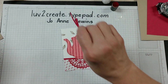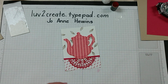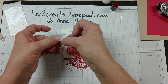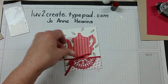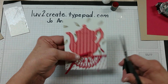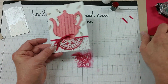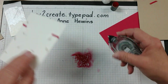And I'm going to go ahead, I think, and add the bow. I've made a bow ahead of time, and I'm going to just take that and put it on a glue dot. I can see a little bit of the glue dot hanging over, so I'm going to bend that backwards, and we'll add our bow. Trim our ends. And I think at this time I'm just going to go ahead and add this to the rest of the card. So I'm going to turn this over